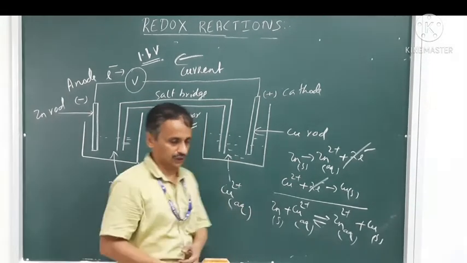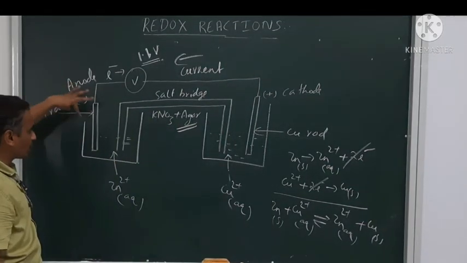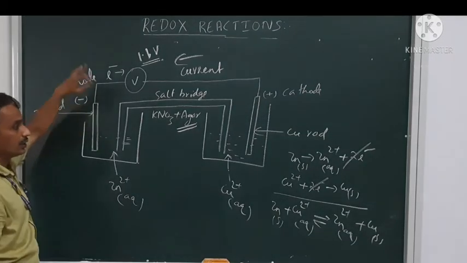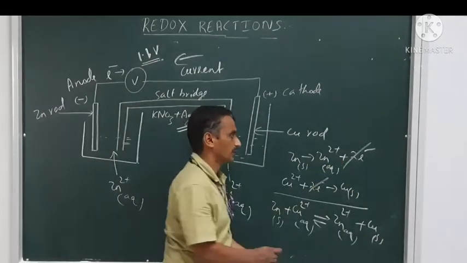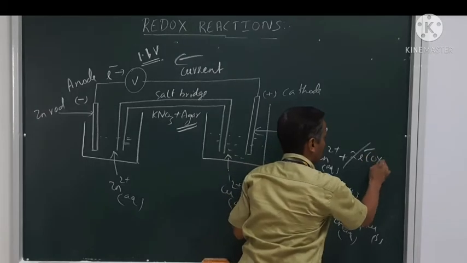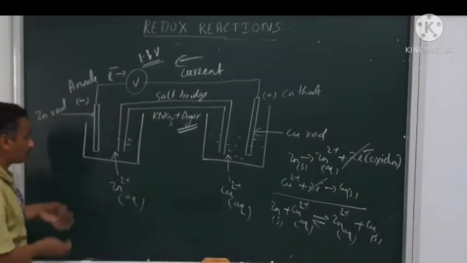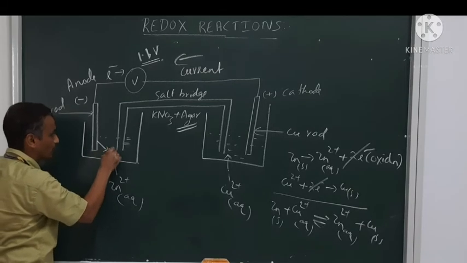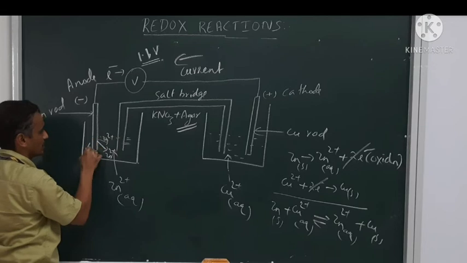How does it work? See, when the zinc rod is kept in the zinc sulfate solution or zinc 2 plus aqueous solution, zinc undergoes oxidation. So there is an oxidation. Now zinc 2 plus ions start moving into the solution, that is zinc 2 plus, zinc 2 plus, zinc 2 plus, they start moving into the solution,